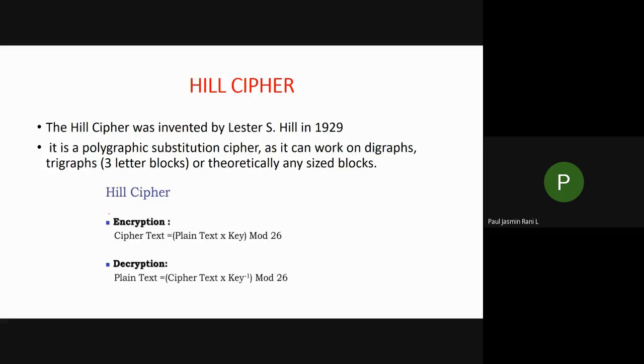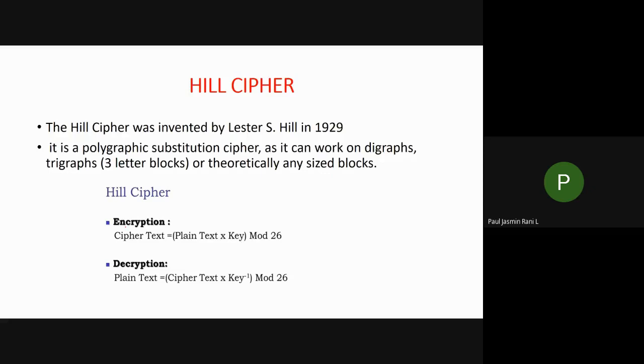And this Hill cipher can be used to perform encryption and decryption. I hope you all know what encryption and decryption mean. Once again, I will explain. Encryption is used to convert your plain text into a cipher text, and that happens on the sender side. Decryption is nothing but converting your ciphertext into plain text, and that happens on the receiver side. We do this in order to have a secured transmission of your data, so we do this encryption as well as decryption.